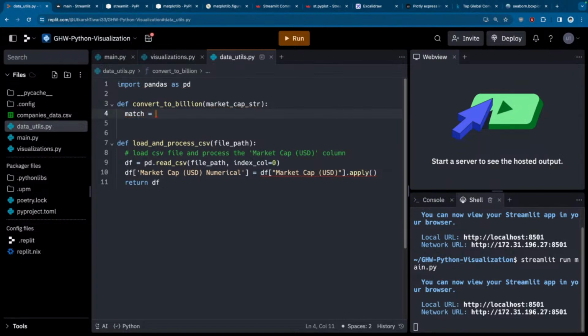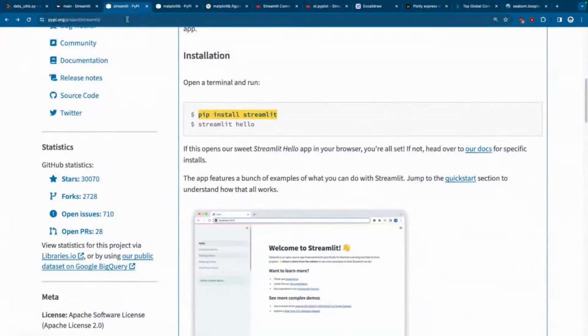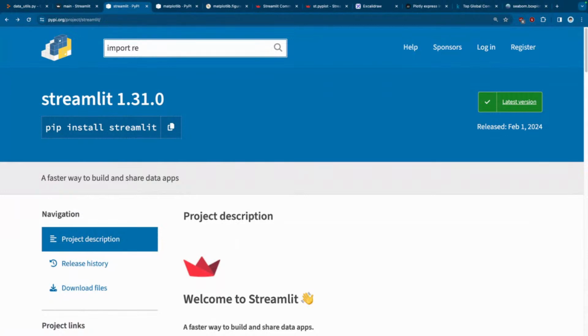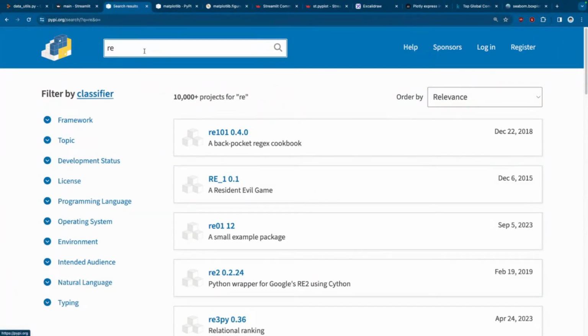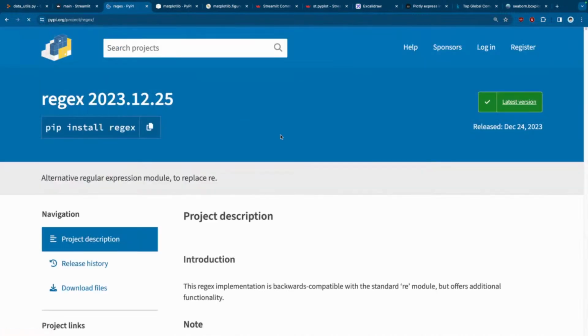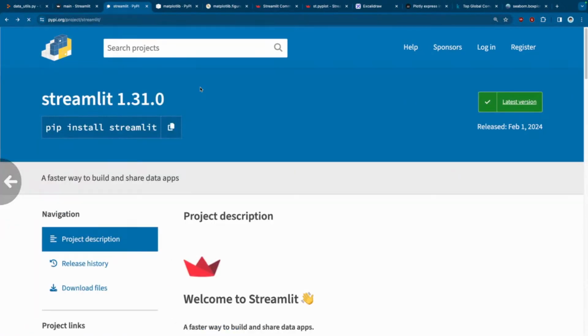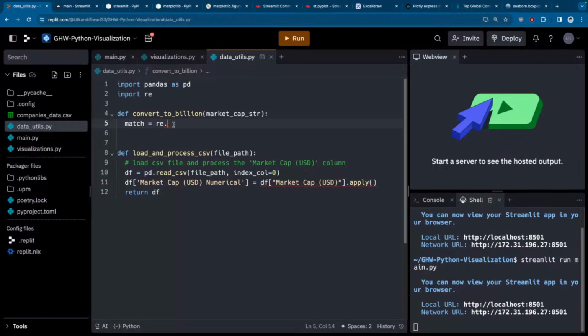to use, now this is very difficult to pronounce, regex or regex. Okay, people pronounce it differently. So we are going to use the regex module. You can import it as import re. If you go over to PyPI and search for regex, somewhere here, alternative regular expression module to standard re. If we go over to the Python documentation, we'll probably find it. But for now, just trust me on this, that there is a module, depending on how you pronounce it, regex. We are going to use that,